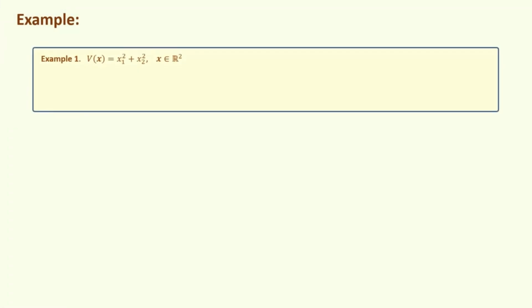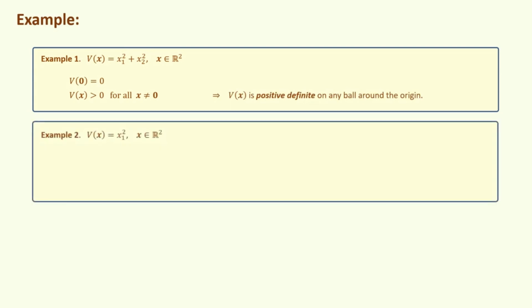Okay, now we will go through a few examples. In the first example, consider V of x equals x1 squared plus x2 squared. This function is 0 when x1 and x2 are 0, so it satisfies the first condition. It is also positive for all non-zero x, so we conclude V of x is positive definite on any ball around